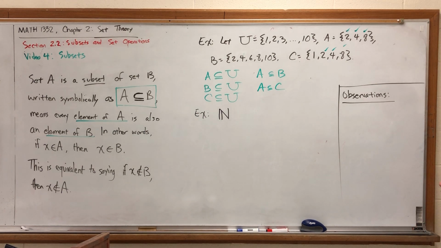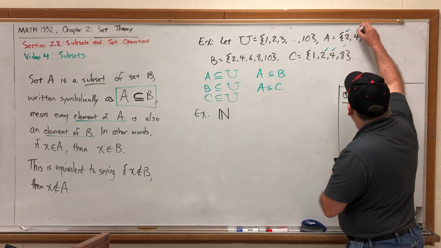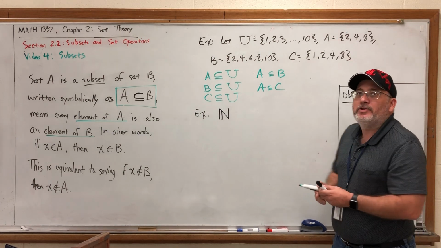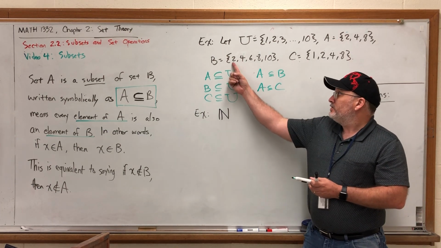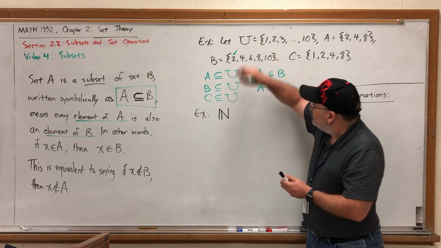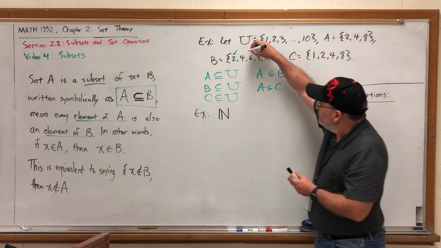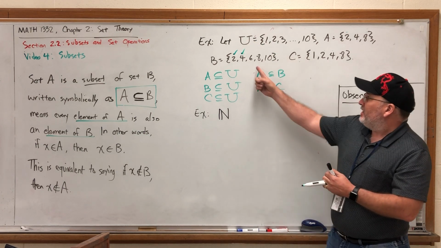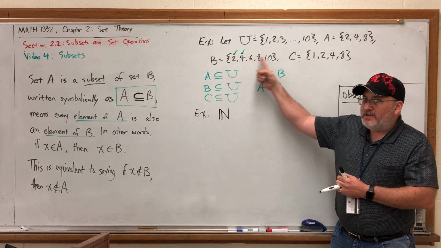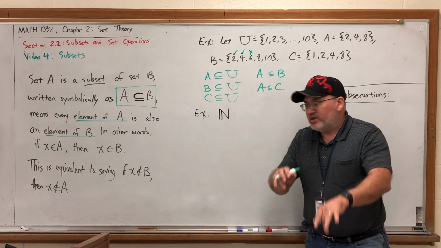Is B a subset of C? Does every element of B belong to C? Well, it might be obvious, but if it isn't, we can check by asking every element of B a question. Do you belong to C? Excuse me, first element of B, do you belong to C? Yes, I do. Excuse me, next element of B, do you belong to C? Yes, I do. So far, so good. Excuse me, next element of B, do you belong to C? No, I don't. 6 is an element of B that does not belong to C. And it only takes one element to say you are not a subset.